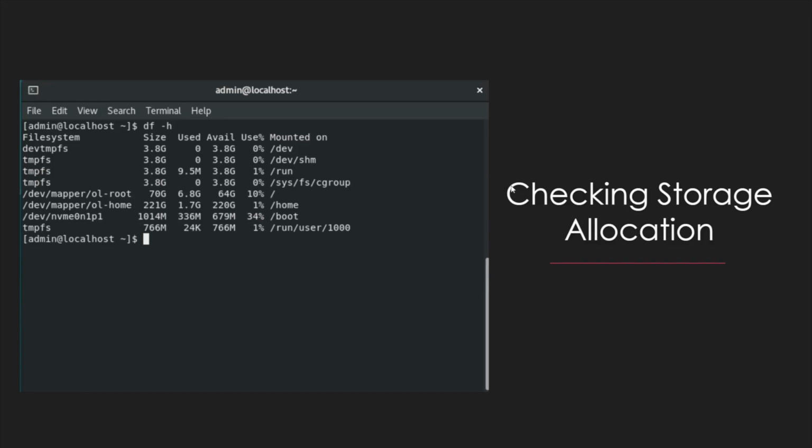Before we can run the software, we need to configure the system or set some prerequisites so the software can run successfully on the system. Firstly, we need to check the storage allocation. To do this, we use df -h, and then we see that we have enough RAM and storage available to install